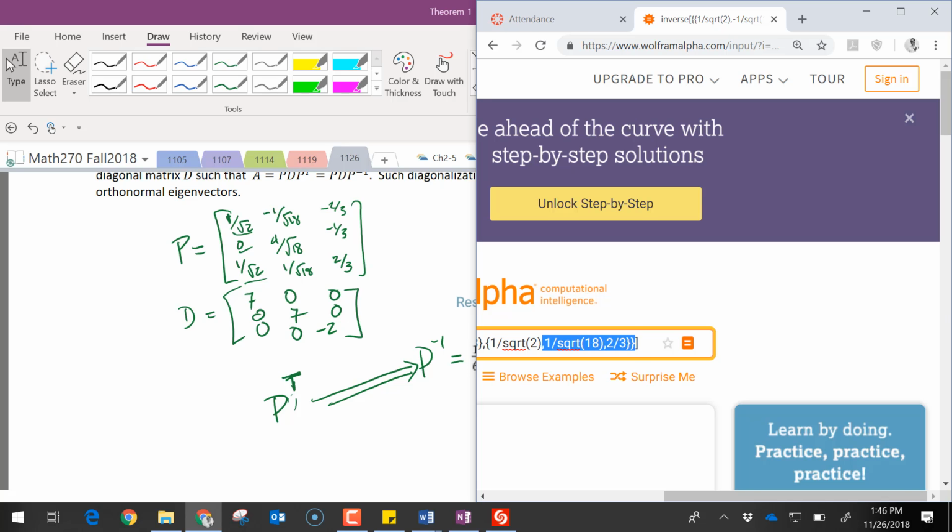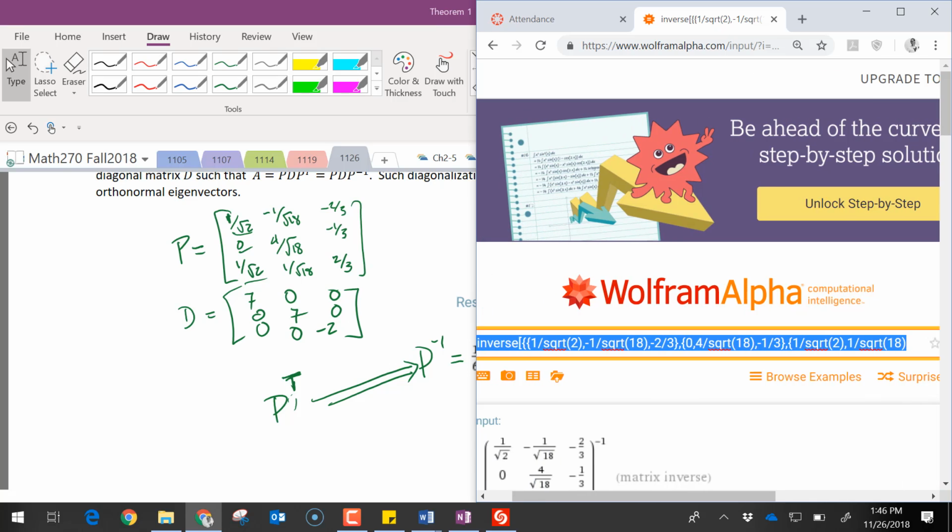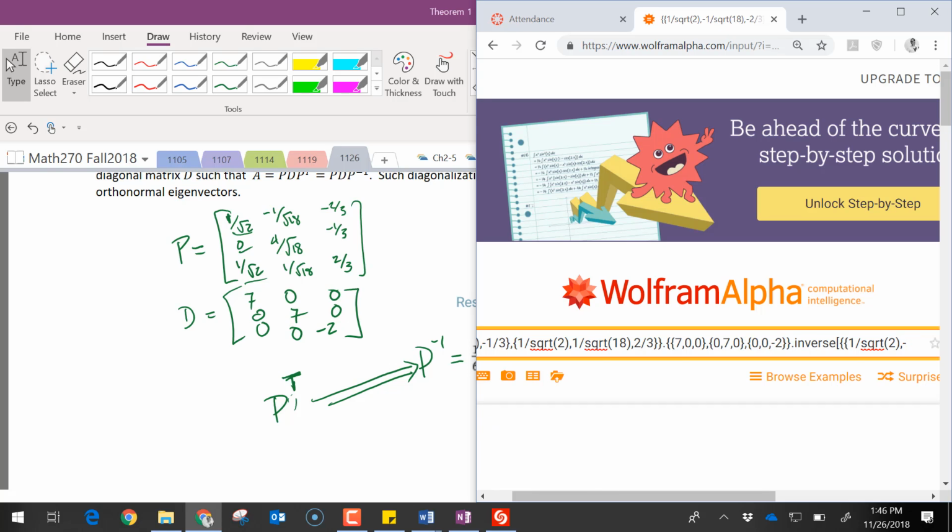Should have at least used my Mathematica instead of Wolfram Alpha. All right, so it's going to be this matrix dotted with diagonal 7, 0, 0, 0, 7, 0, 0, 0, negative 2. It's not like you can understand that command, but